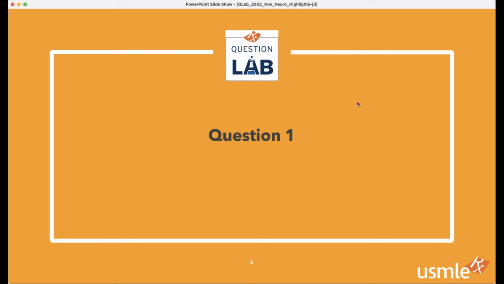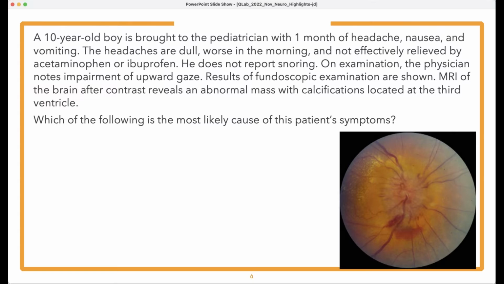We're going to start with question number one, and the first thing you're going to notice here is that the answer choices are not here, and that's because we suggest that you cover up those answer choices when you get started. Part of it is that we really don't want you to get freaked out if you see an answer choice that contains a term or a disorder that you're unfamiliar with or don't feel confident about. Sometimes, especially on test day, it's a high stakes situation,